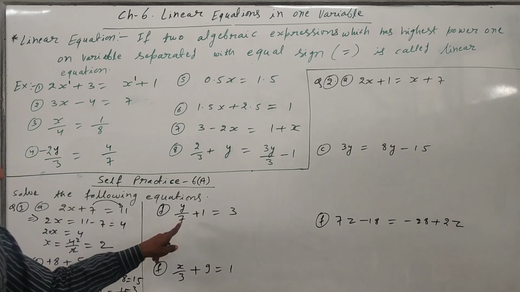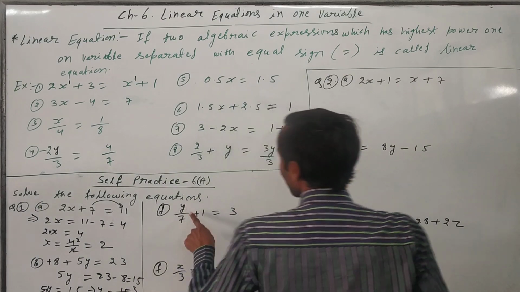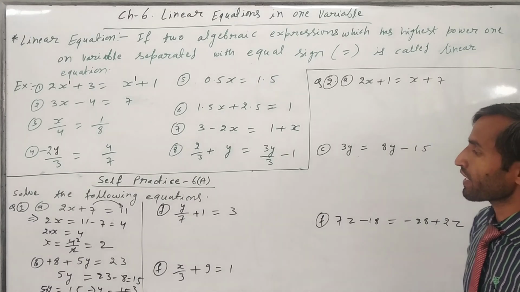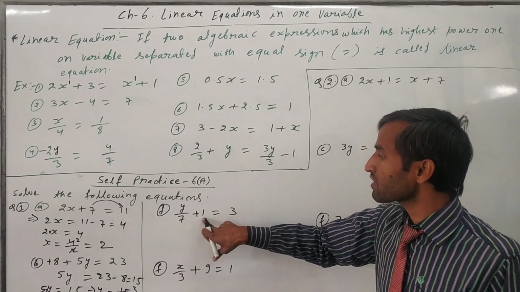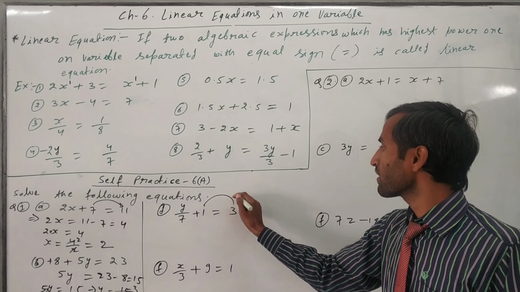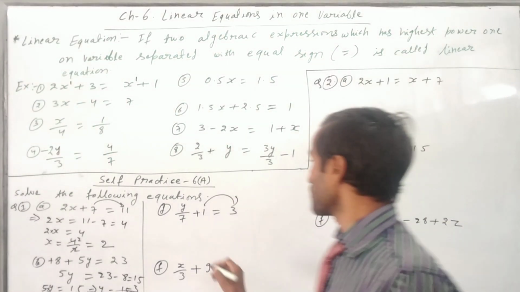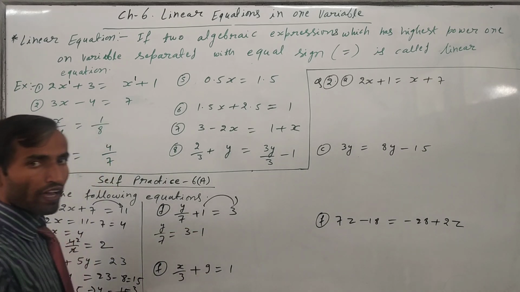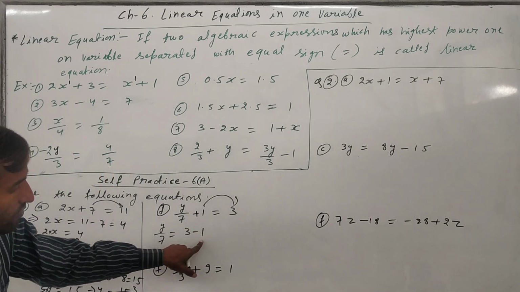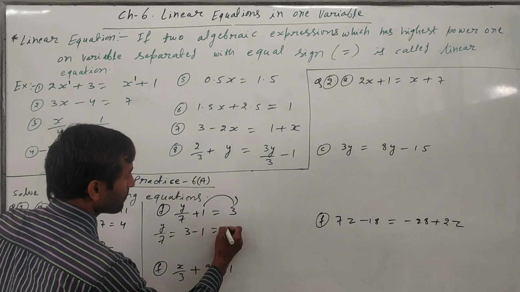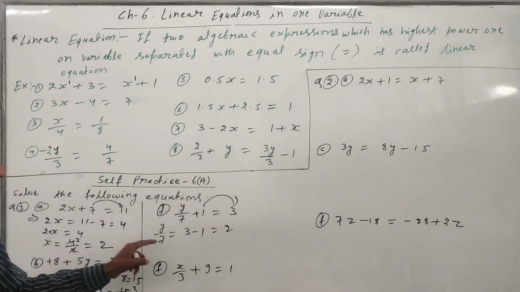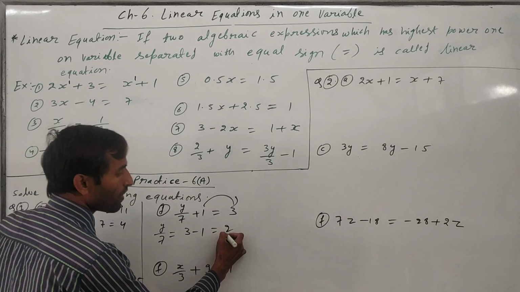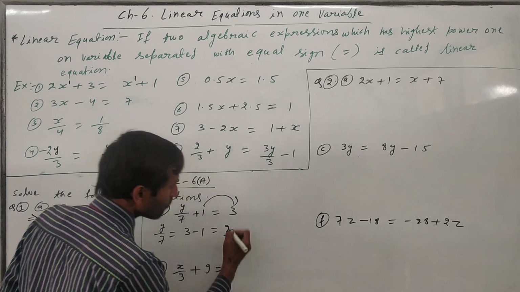Okay. Now in the D part, y upon 7 plus 1 = 3. So we have to find the value of y again. Here a fraction is given. First of all, just transpose this 1 to this side, then it will become minus. So we will write down here y upon 7 = 3 - 1. Okay. Now just subtract 3 minus 1, then it will come 2. After that, what will we do? Y upon 7 is a fraction and here 2 is an integer, meaning nothing is written in the lower part, the denominator, so you write down here 1.